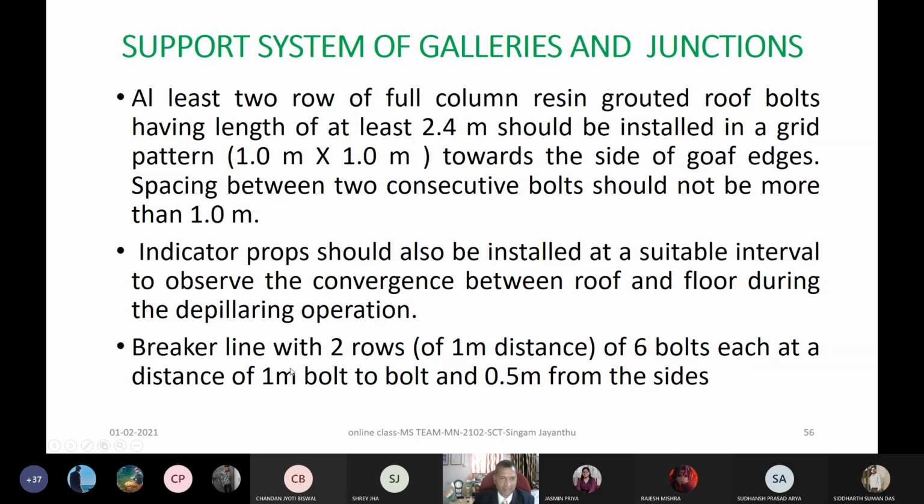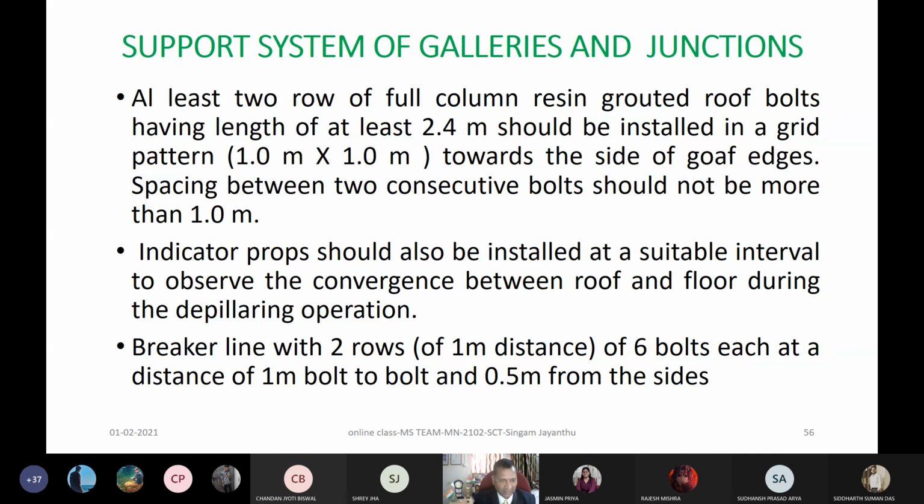And then breaker line supports. This is a very important point, my beloved students. At that time also I tried to show you, I am not showing it again here, because you must have got that type of photographic memory already, right? We remember who is my mother, who is my father, who was my teacher, who is my friend. The photographic memory is there already.